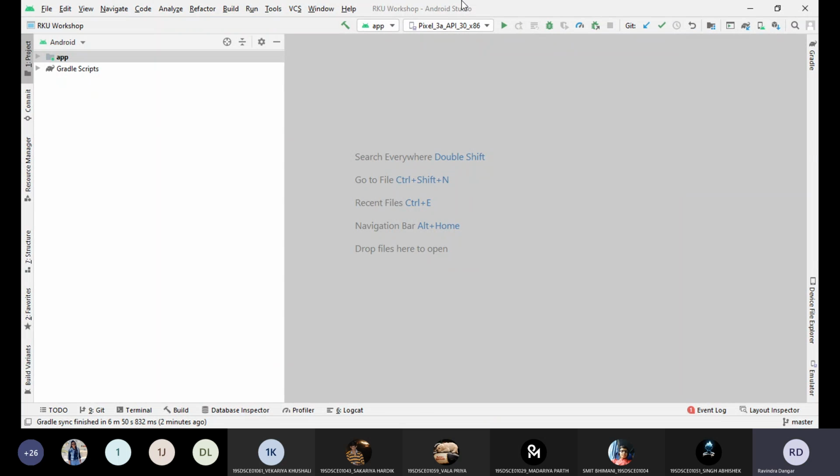So this is how Android Studio looks like. Earlier we were implementing the applications in Eclipse, but nowadays people have started implementation in Android Studio since the last 5 years or even more than that. And surely Android Studio is giving many good functionalities through which you can easily build any kind of applications.